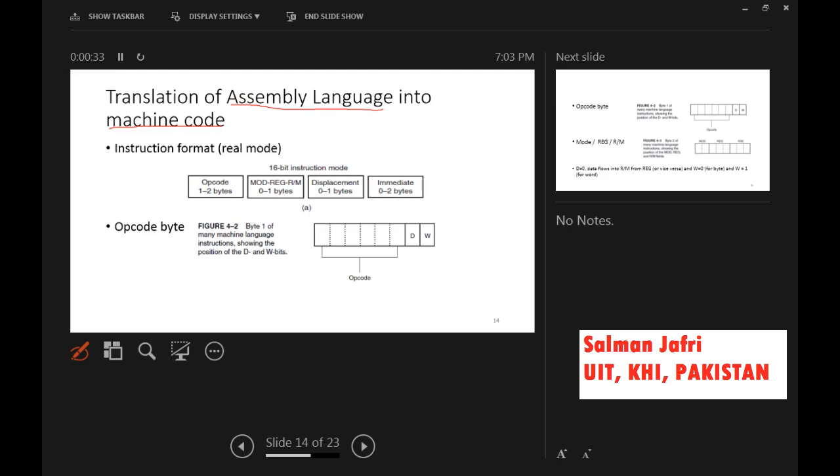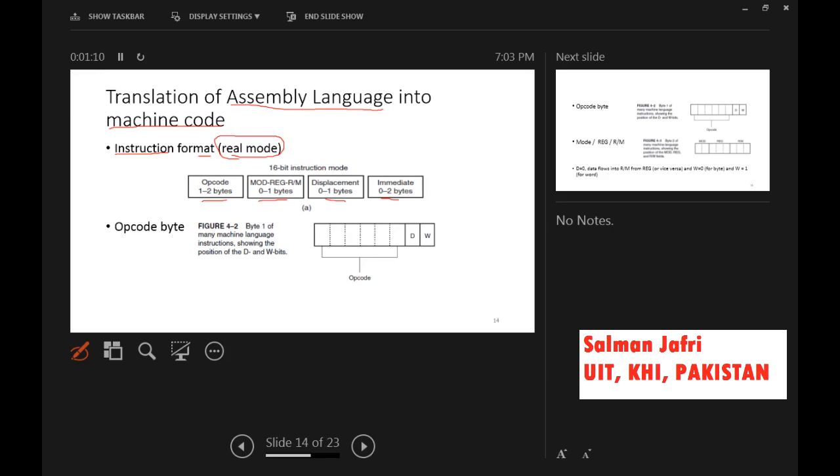But of course, when we are writing an assembly language program, we can also perform manual assembly. So this process, which is basically discussed, would be called manual assembly. To understand this process, we first understand the instruction format in the real mode of operation of 8086/8088, in which we have an opcode of 1 to 2 bytes, followed by a mode register r/m byte, and we would discuss in detail displacement bytes and the immediate value bytes.